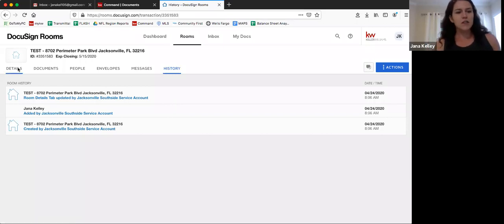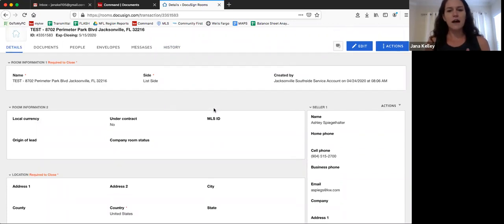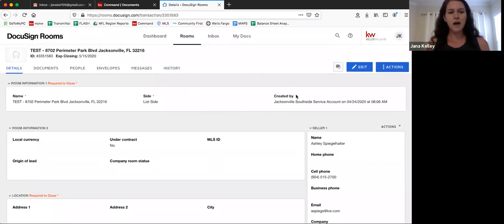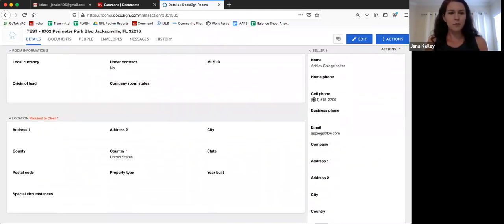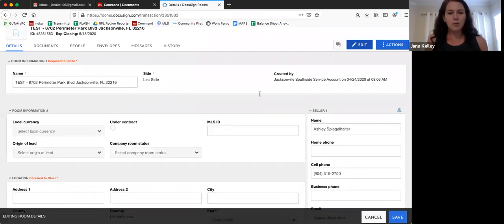So right now we're gonna start with details. So I highly suggest you fill out this as much as you can because this is gonna be what auto-populates onto those documents when you're sending them out. Again, you just wanna make sure you have as much information. You can type in the document if needed to add more information. So if you click up at the edit button at the very top right-hand corner,